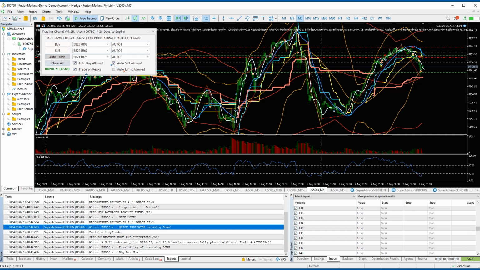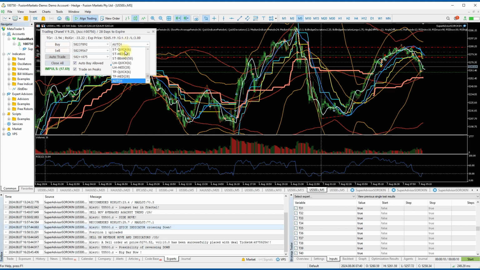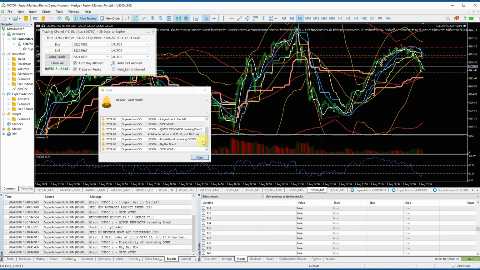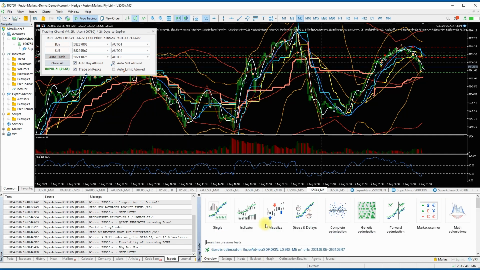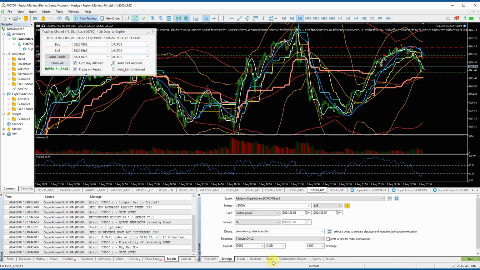It's lots of information if you are using this robot of mine. You can use the manual mode and use those conditions here, or you can use automatic mode, like right now the system. And look, I also showed you how you can adjust parameters automatically. So that's genetic optimization